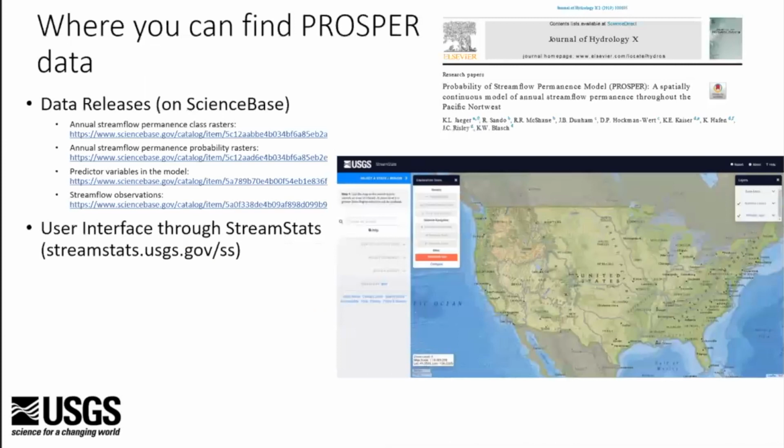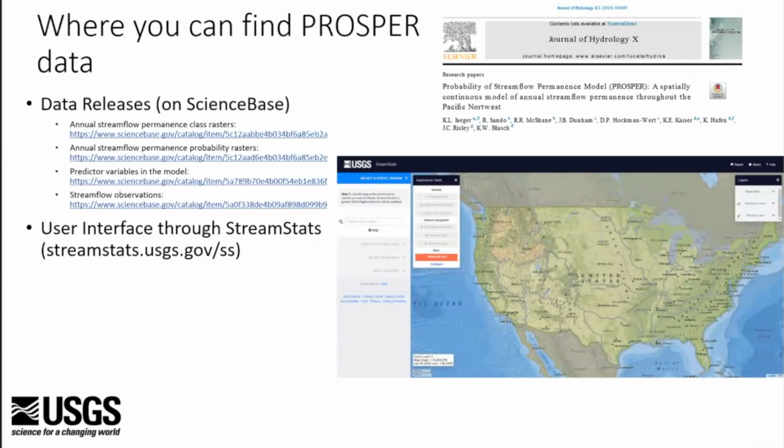And so then, talking about where you can find PROSPER, we are the USGS, so we provide information. These are all in data releases and science-based, but the models are also available, and you can see output in StreamStats, if you're familiar with that.